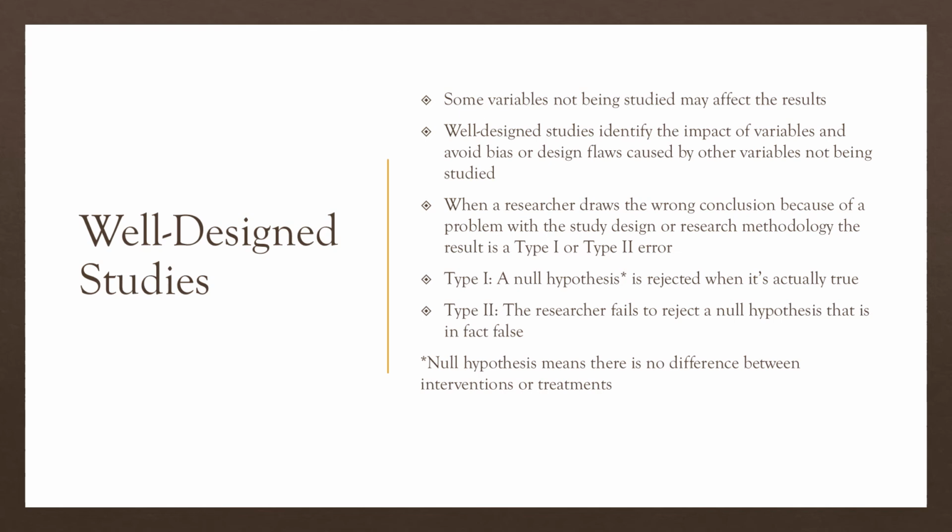When a researcher draws a wrong conclusion because of a problem with a study design, the result is a type 1 or a type 2 error. And I want to just pause here because null hypothesis, I think, is not very well explained in the book. I think I really am having a hard time with some of the things in the textbook,